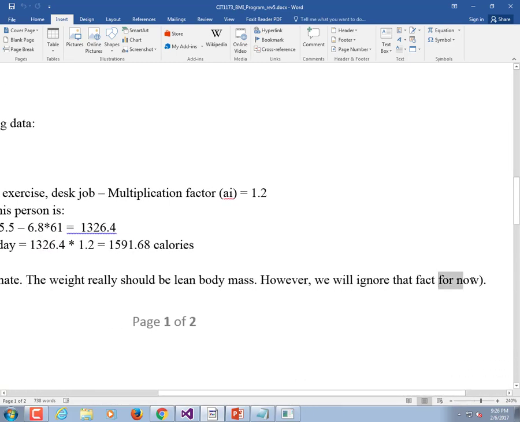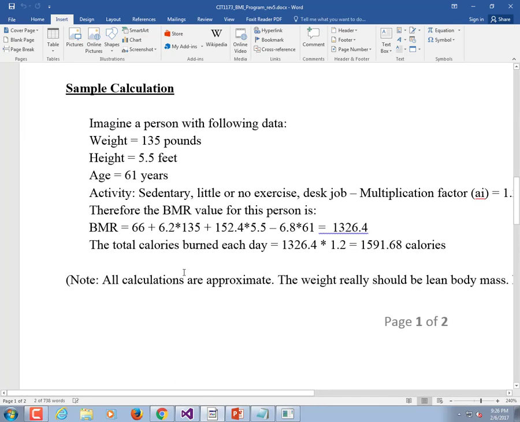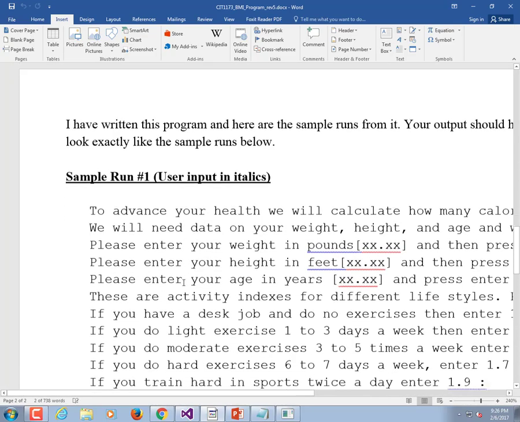I like the fact that it says "for now" because we ignore it forever. That's not like we come back and revise this. Okay, so